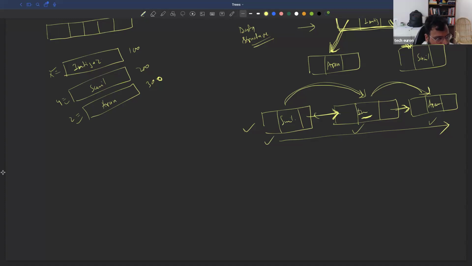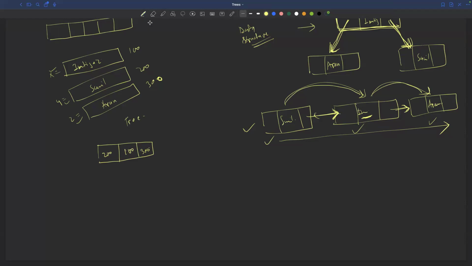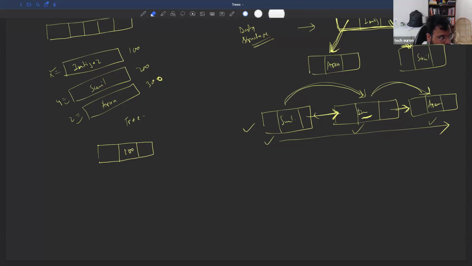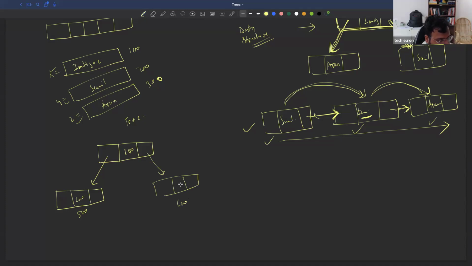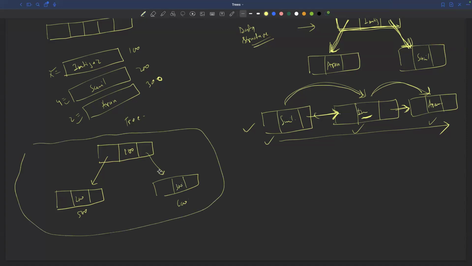ठीक है, अब इसको ट्री कैसे बनाएंगे, मैं ट्री ऐसे बना दूंगा। यहाँ पे मैंने 100 लिया, यहाँ पे 200 ले लिया, और यहाँ पे 300 ले लिया, बन गया ट्री। ऐसे नहीं लिया, सॉरी गलती। यहाँ पे मैंने 100 का लोकेशन डाल दिया और यहाँ पे एक दूसरा नोड डाल दिया। ये नोड है मे बी 500 और ये नोड है 600। और 500 का जो डेटा है वो 200 है, और 600 का डेटा 300 है। ये हो गया ट्री।